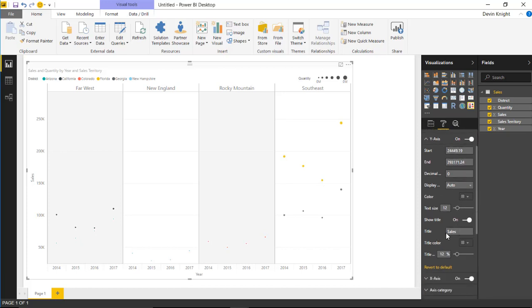So if I wanted to change the label from sales to something else, I could change that. And I could also increase the text size if I wanted to. I can bump that up a couple notches. You can also bump up the title as well. All right, so you can do the same thing on the